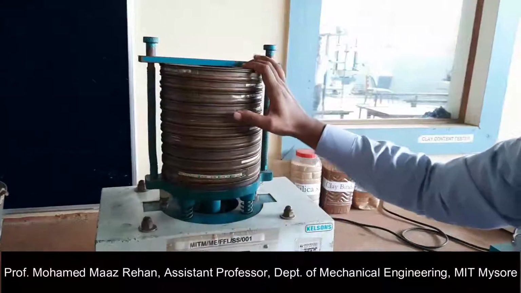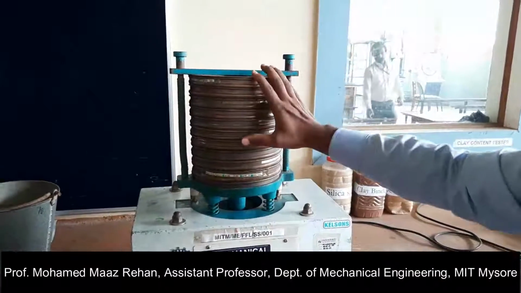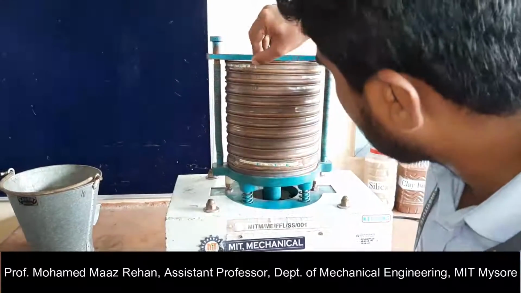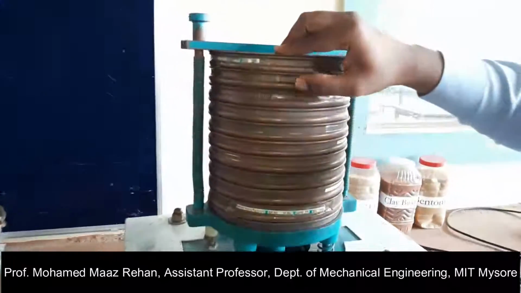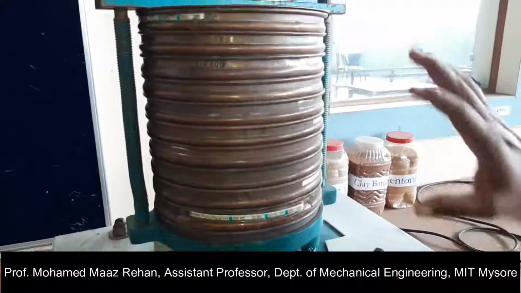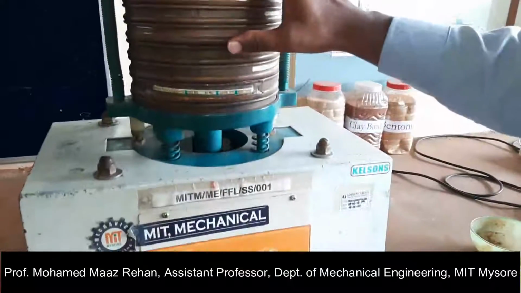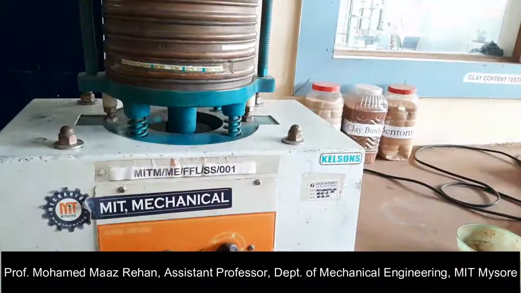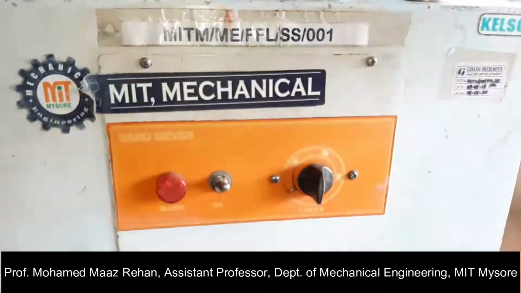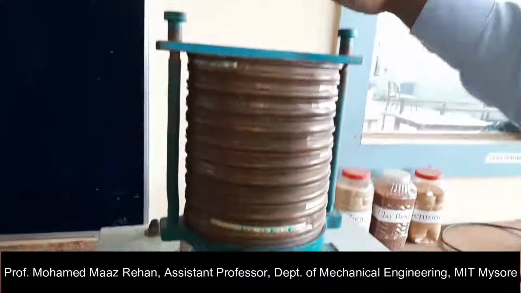Now the apparatus has been set with different sieve numbers, 1700, 850 and so on. These are all the standards set by the Kelsen's apparatus. What we have to do is set a timer for 15 minutes. Once we set the timer, the sand which we have poured on the top of the sieve